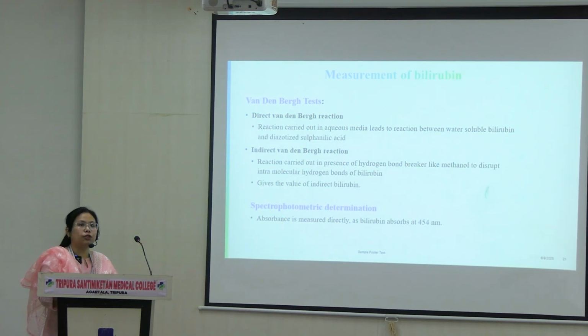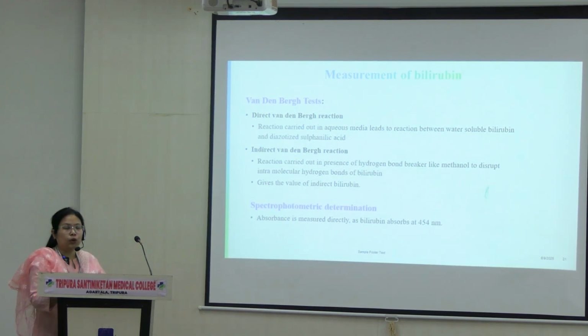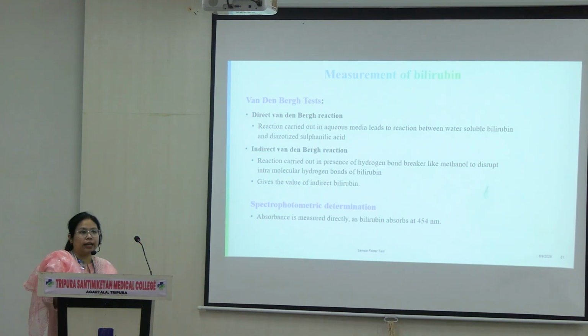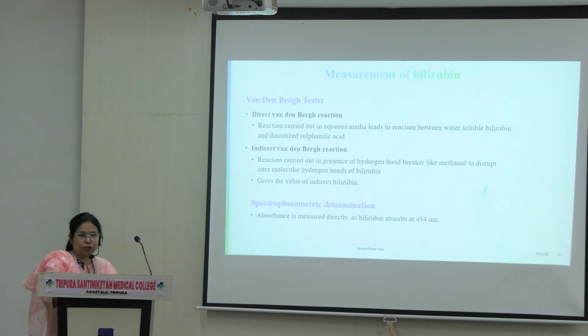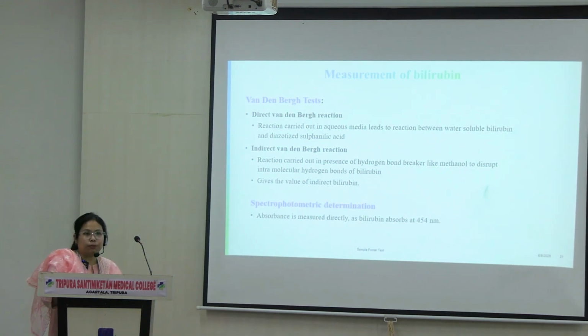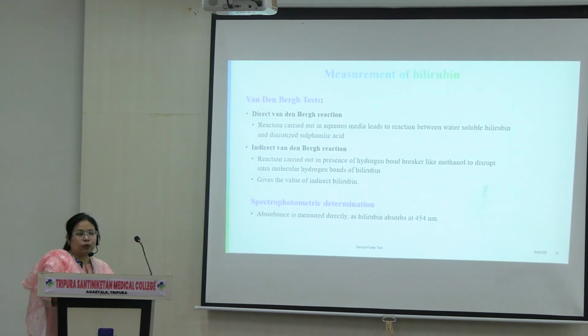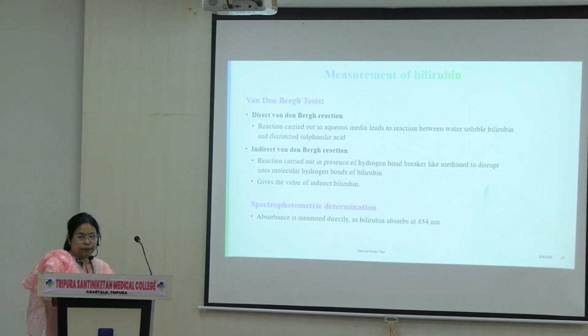If we want to see unconjugated bilirubin, then first we add sulfanilic acid and the bilirubin sample. If there is no colored product, we will add alcohol or methanol to it, and that will give us a purple color reaction. So if there is this delayed reaction, an indirect way of seeing bilirubin, that is called indirect positive. That will give us an idea about indirect bilirubin or unconjugated bilirubin.